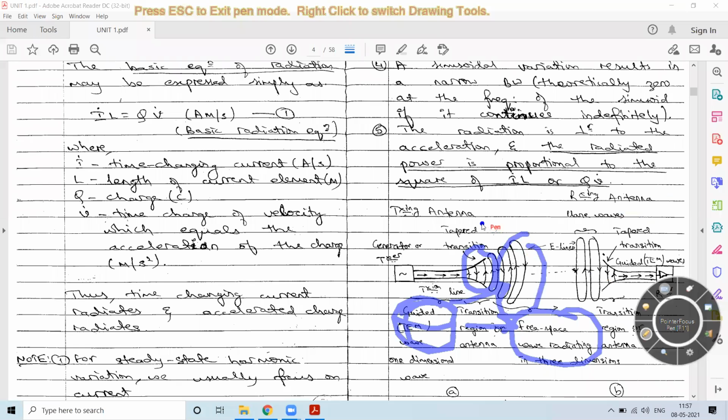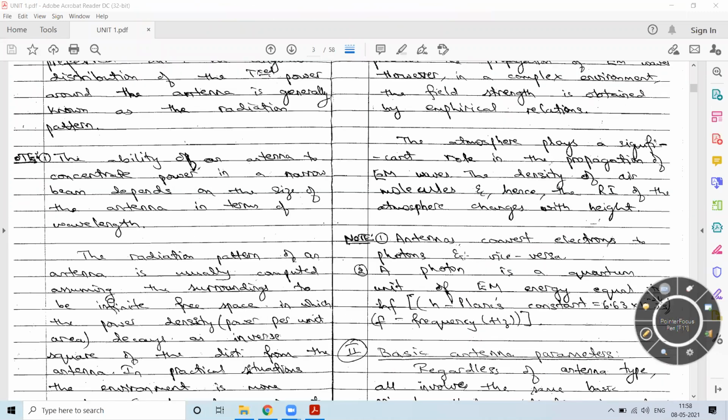Here, if we observe, in this part we are seeing the spherical waves, and at a long distance when we observe, they change to plane waves. When we observe these spherical waves from a long distance, we observe plane waves. Now, what actually are these plane waves and so on? Those are the wave fronts.